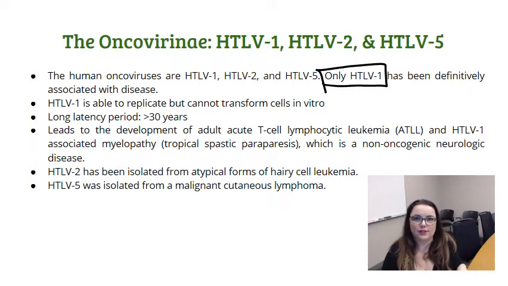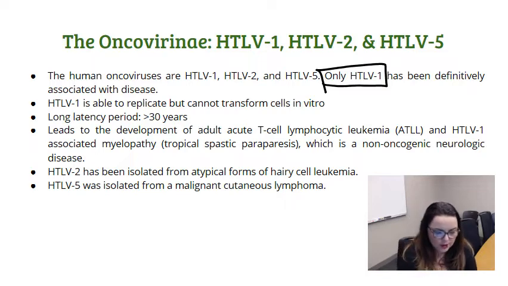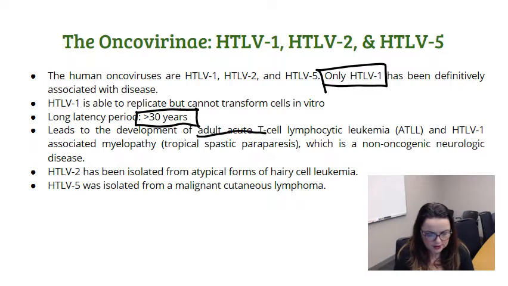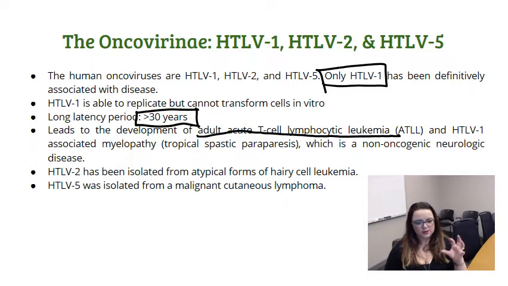We can't really culture it in the lab and see the exact same result that we would see in a human. HTLV1 also has an incredibly long latency period, greater than 30 years, 30 to 50 years from the time of infection. The thing it's most known for doing is causing ATLL, or adult acute T-cell lymphocytic leukemia. It also is associated with myelopathy, which is tropical spastic paraparesis. It's a non-oncogenic neurologic disease that's caused by HTLV1, but the one I most want you to think of is